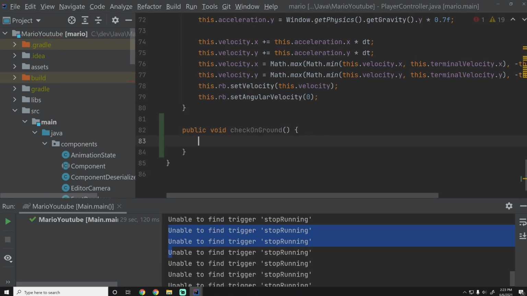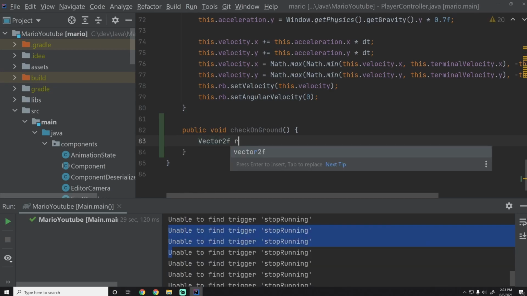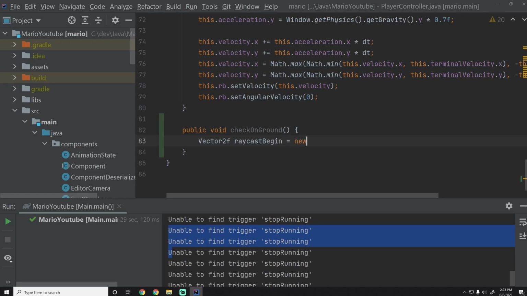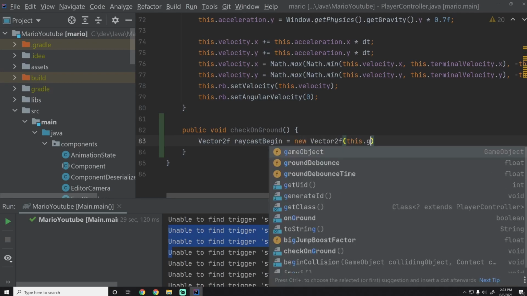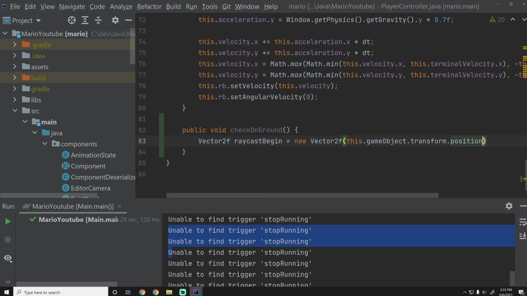So we're going to create a function, just call this public void checkOnGround. We're going to be reusing this quite a bit throughout other ones, so we may abstract this into its own utility type function, which we might or might not do in a little bit. So then we're going to have a Vector2f raycastBegin, which is just a new Vector2f this.gameObject.transform.position. So this is where the raycast is going to start,